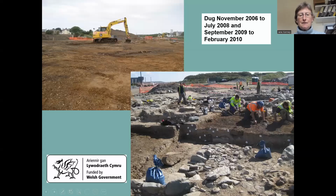Okay, so I'm going to be talking about Parc, which is or was a big developer-funded excavation funded by the Welsh government as developer. Like many of these excavations, our methodology was to use strip, map and sample, which is basically stripping off all